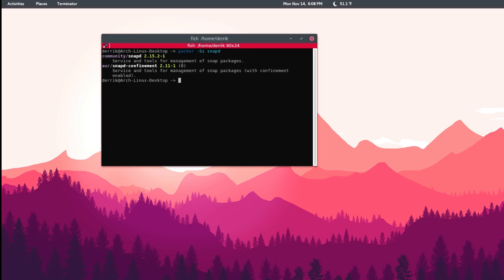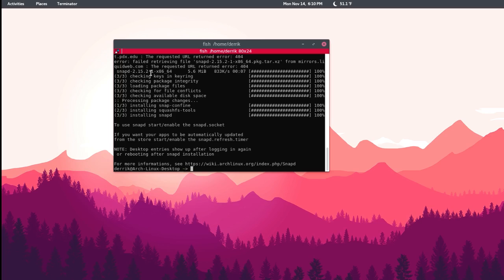Snapd, there we go. And you know what? You don't even need the snap package to be installed with the AUR package anymore. So it's even easier now. First, start off, and this pretty much works with any Linux distribution that uses systemd,